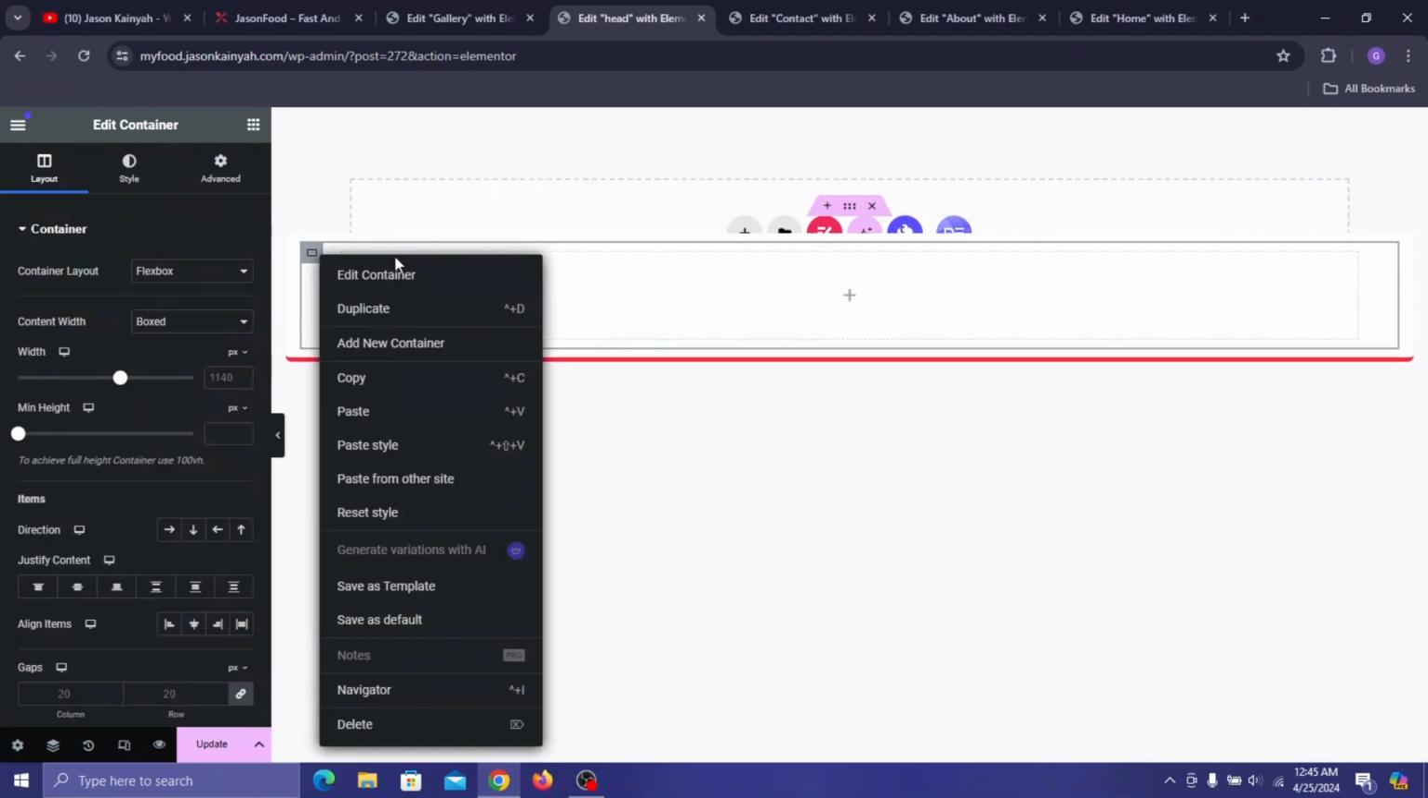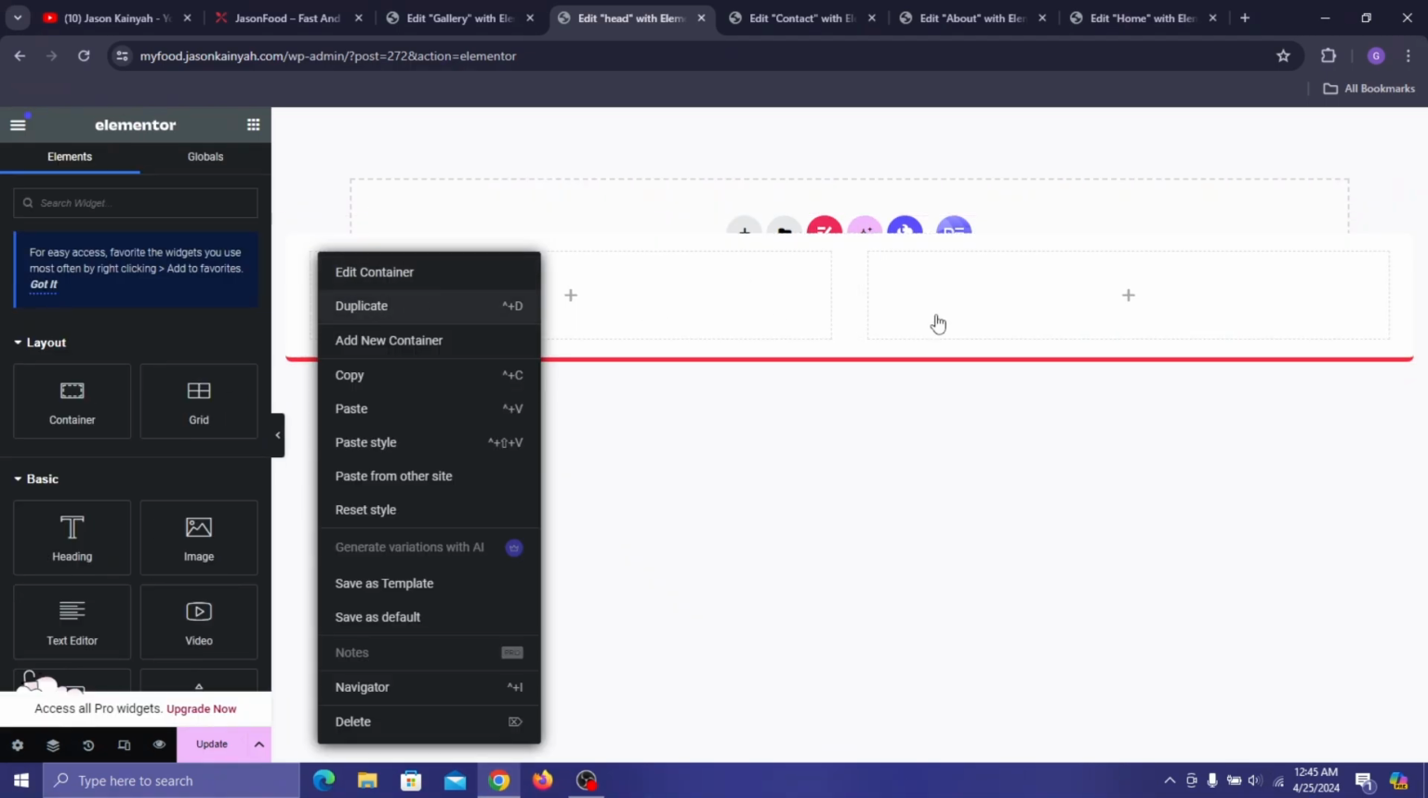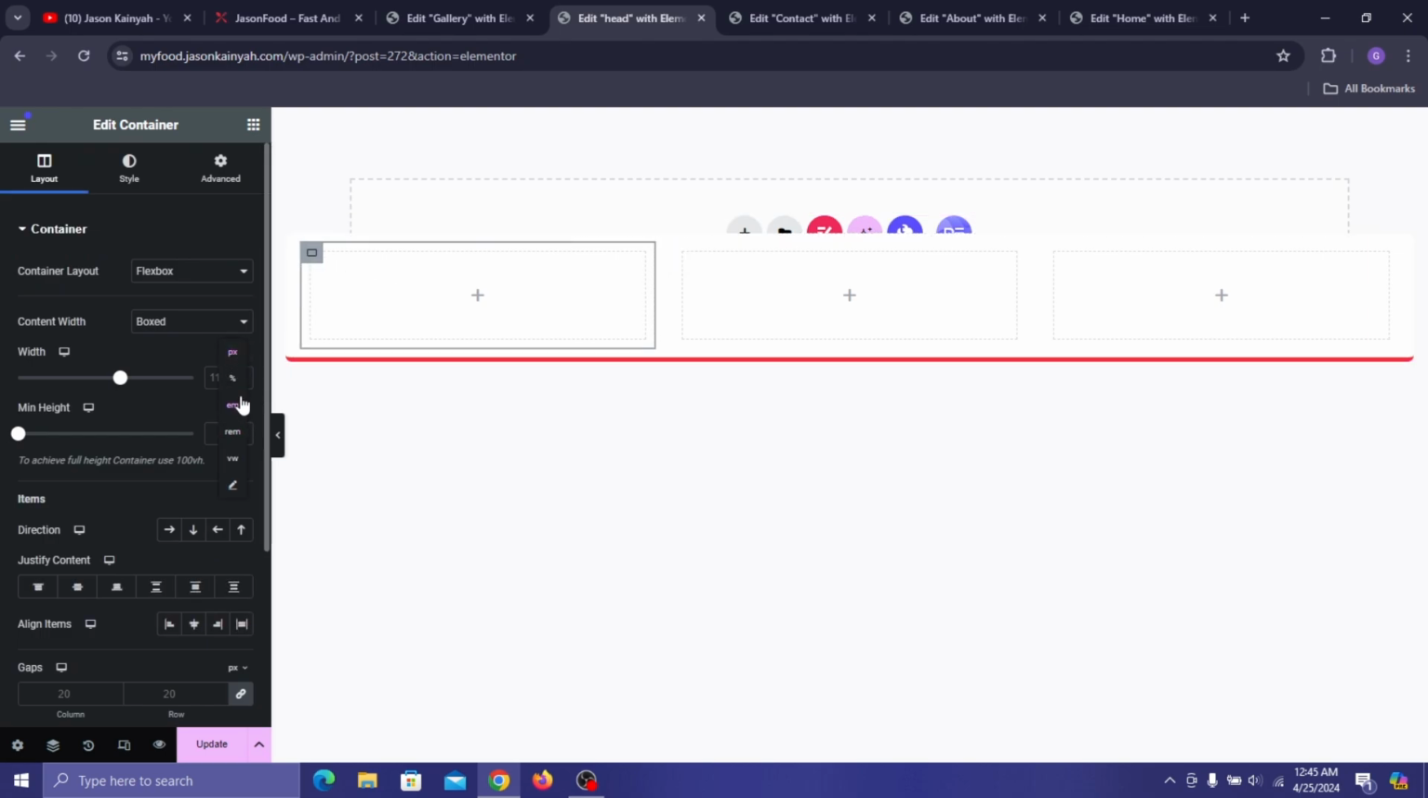Then you have to duplicate till you get about 3 containers. Okay, so duplicate, right click and duplicate till you get 3 containers. Then what you do is select the first one. Over here on pixels, change it to percentage. Okay, then for the percentage of the first container, type in